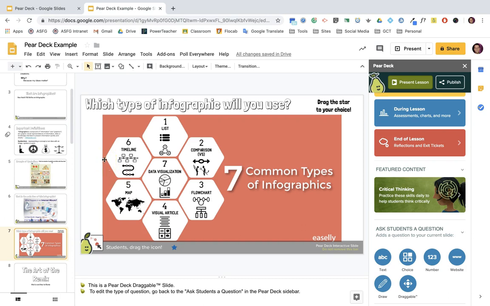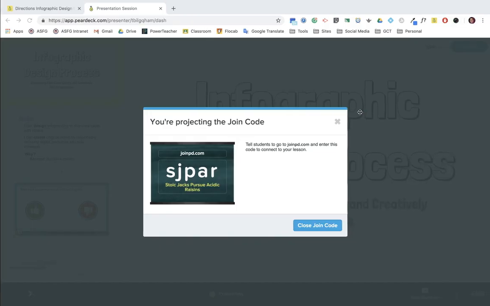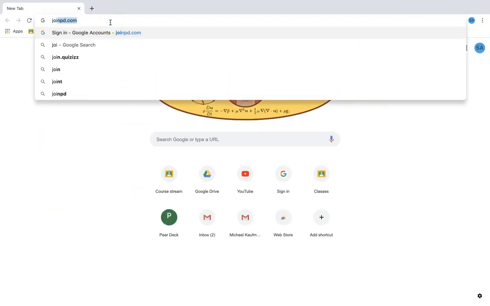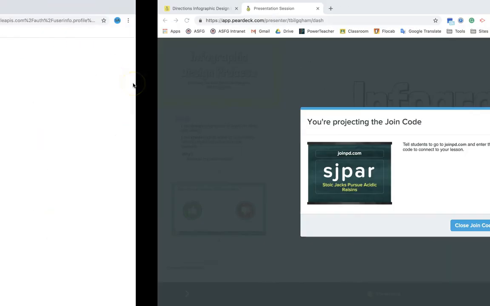Now let's take a second and see what this looks like from a student point of view. To do that, all I want to do is click on Present Lesson. Now I have one already opened. Once you click Present Lesson, this is going to show up on your screen. Students need to go to joinpd.com and enter in the specific code for this presentation session. Join PD. So as a student, joinpd.com and enter the code